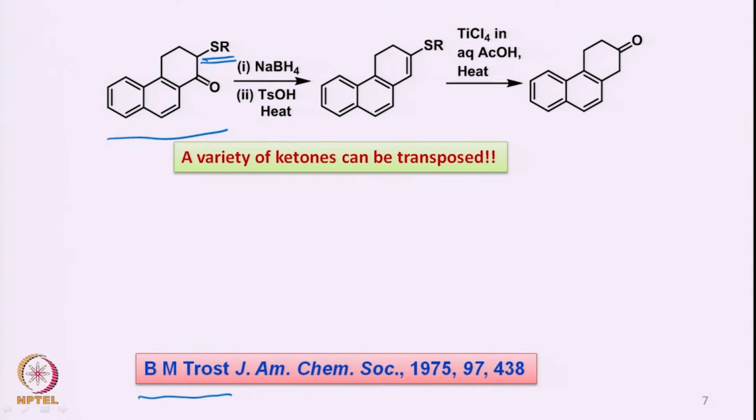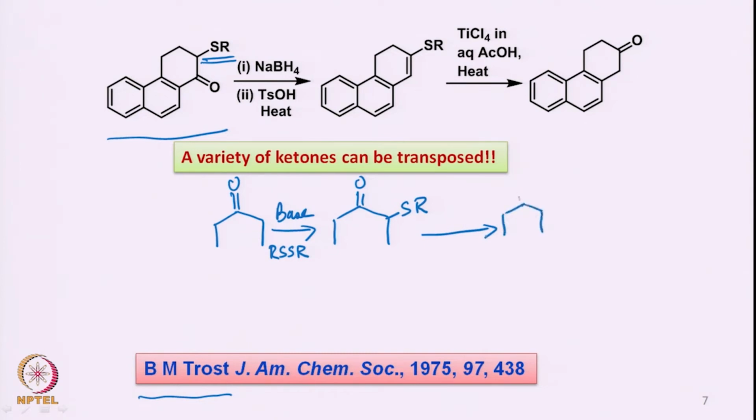So if one takes any keto group here, say like this, and introduces by means of, say, a base and SR, then you can introduce SR here, and now you reduce it to the corresponding alcohol by means of, say, sodium borohydride,